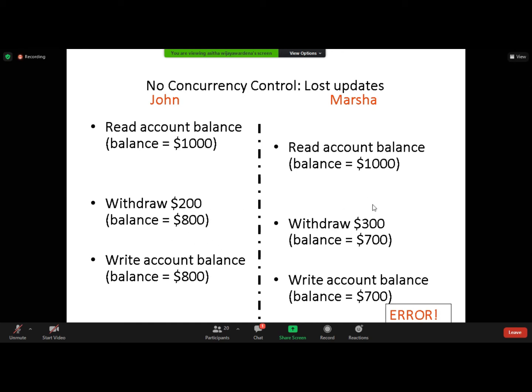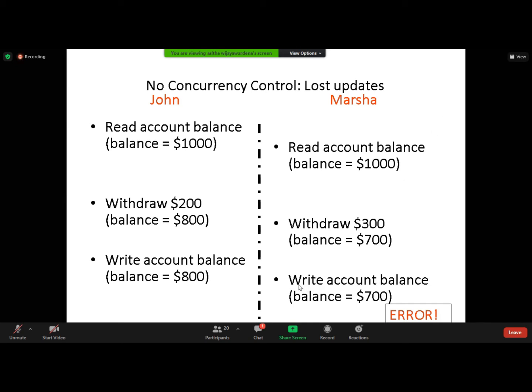Now at this point, if this is properly handled, once John has withdrawn 200, that value has to be visible to Marsha, right? Therefore, not having concurrency control introduces a lot more issues to databases. Then John commits this transaction with 800 in balance, and